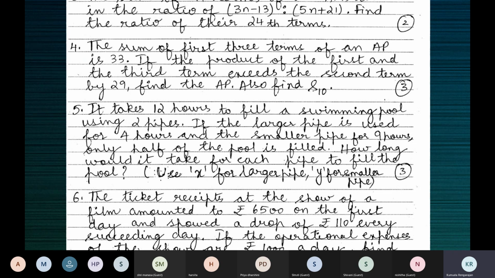So children, if the larger pipe takes X hours to fill the empty pool, what fraction of the pool will be filled in 1 hour? To fill the full pool, the larger pipe takes X hours. In 1 hour, 1 by X of the tank will be filled. Similarly, the smaller pipe, if it takes Y hours,